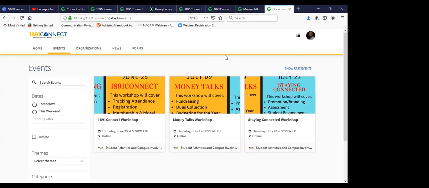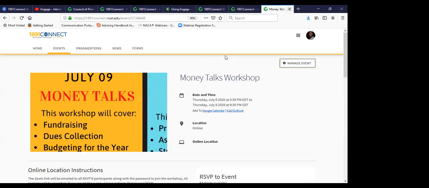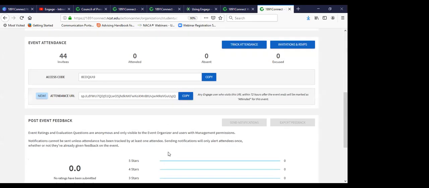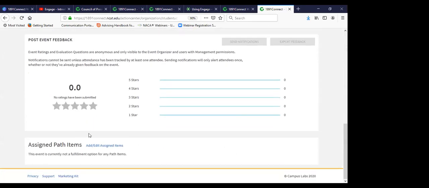But when you all open that link, it will allow you to track attendance through there, or students can automatically copy that. You can drop that link in a GroupMe or a group chat and they can automatically say, yes, I attended that event. Your post-event feedback, you can edit where those questions go out to,